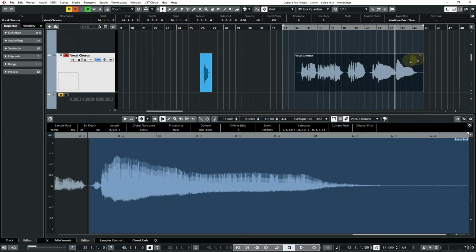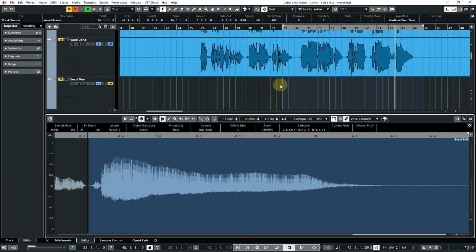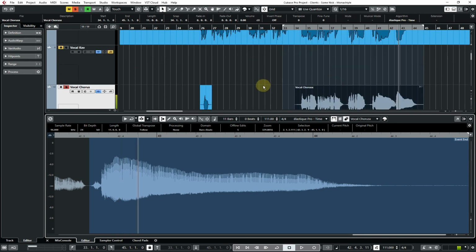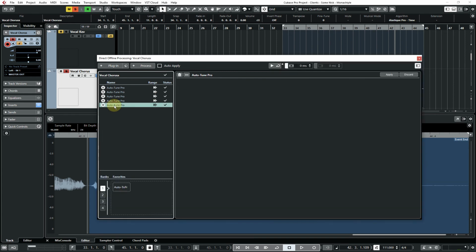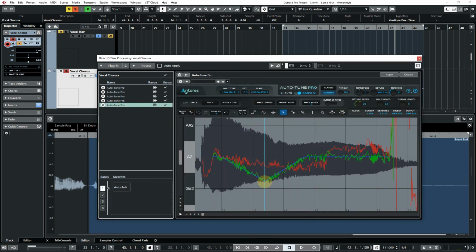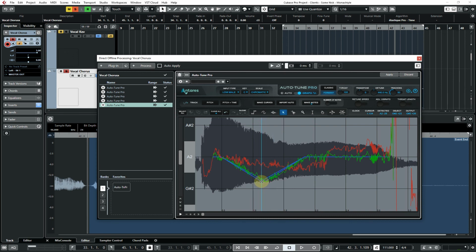Let's see what that sounds like with the main vocal at the same time. Timing's good. Until you bounce it down, auto-tune keeps your corrections in, so you can just go and adjust it. Basically, I thought it was falling down and rising up just a bit too slowly,